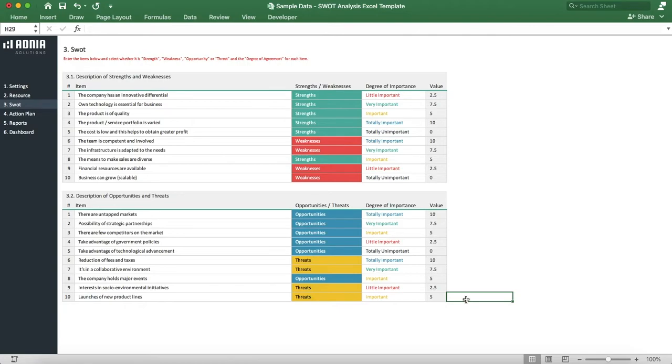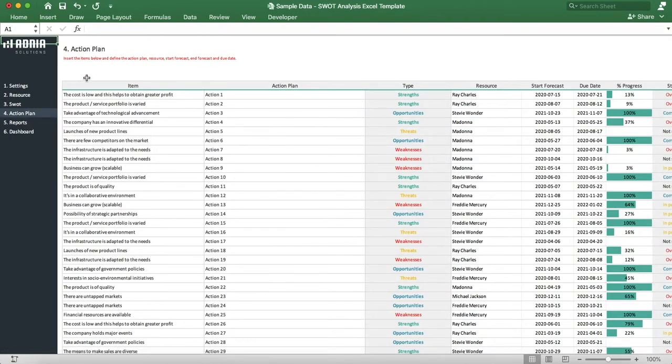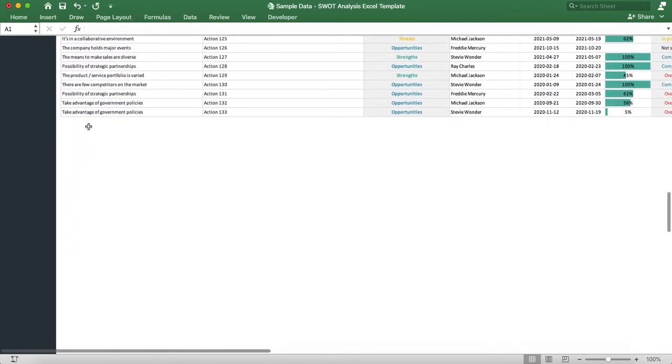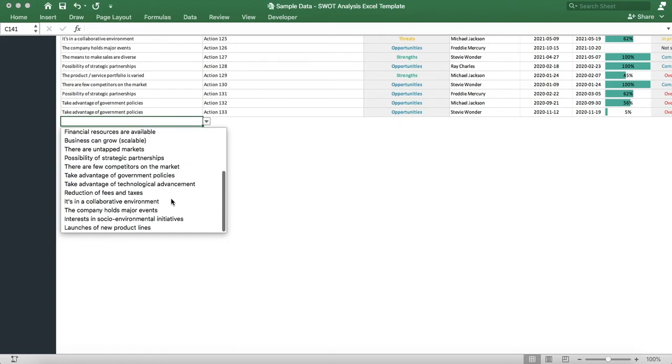Moving on to the last data input section, the action plan. Here, we'll enter actions that are set up to reinforce strength, work on weaknesses, take advantage of opportunities, or combat threats. Let's enter a new action together. We'll select our newly created threat, Launches of New Product Lines,